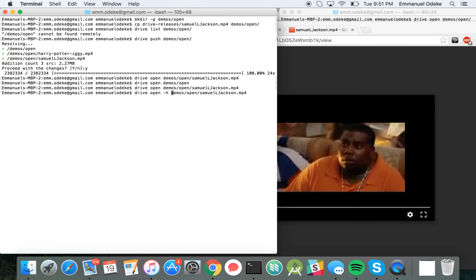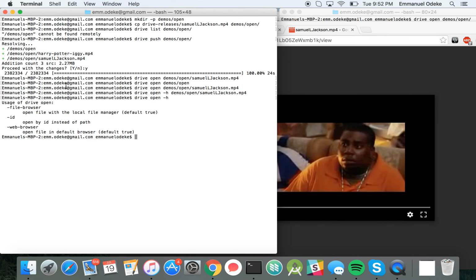Now, in the event that you just want to open it locally, first of all, what you should do is do drive open -h. It gives you a quick summary. As you can see, for the user, it says file browser, open the file with a local file manager. You could also open by ID. You could open it in the web browser, right? And in case you just wanted to open only locally, you'd say